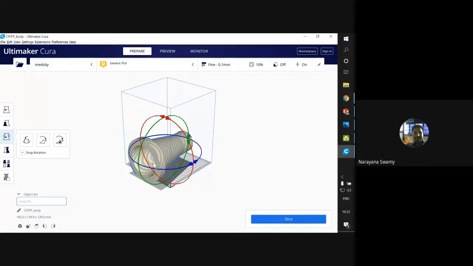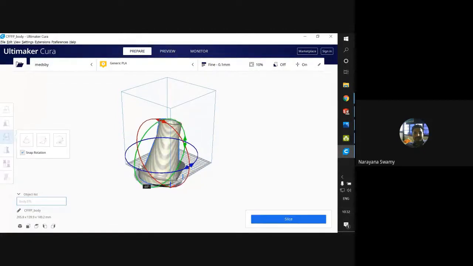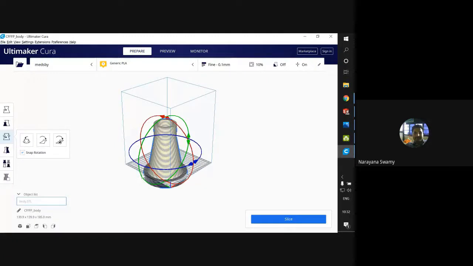So if you go with the horizontal way, the supports we need will be more, and there will be a wastage of material. For that, we'll go with the vertical method. We'll keep this vertical, so there are no supporting things needed for the component. It will just go with the revolving method and finish it up. So that's the one thing.